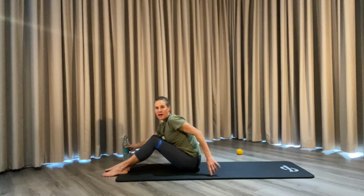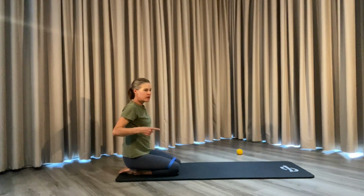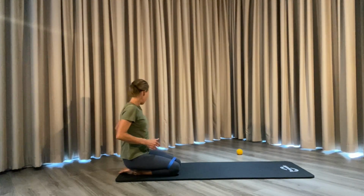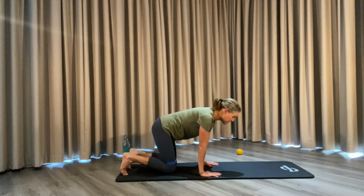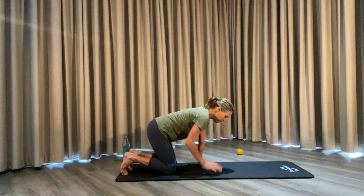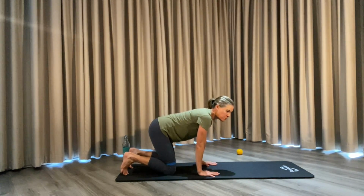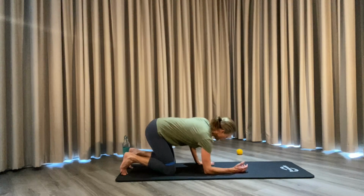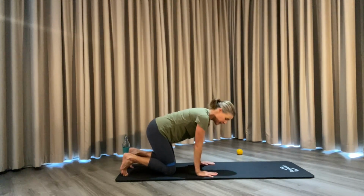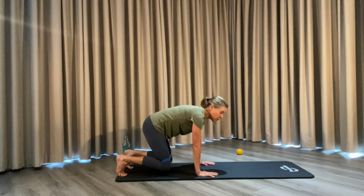So we're going to rotate onto our hands and knees. And I want you to increase the tempo a little bit. So we're spreading our hands and our feet out, so we're keeping the resistance in the band and spread the fingers out. If you're not comfortable on the hands, you're taking strain in the wrists, then just come down onto the elbows. Lifting the knees, we're going to pulse the legs out for 10, and then we're going to move